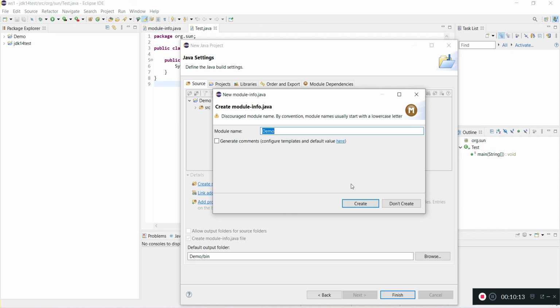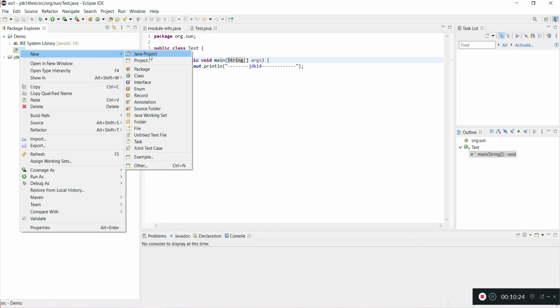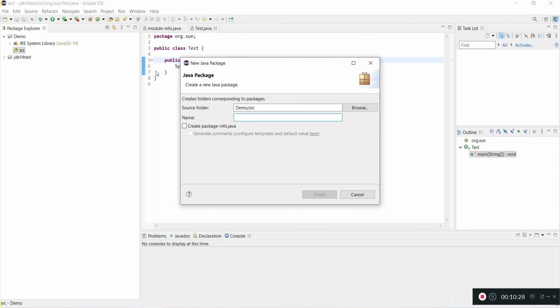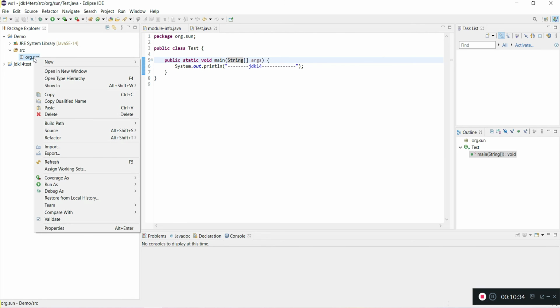Yeah, the demo project is created, and inside this create a package. So right click, new Java package, and then again right click and create a new Java class.